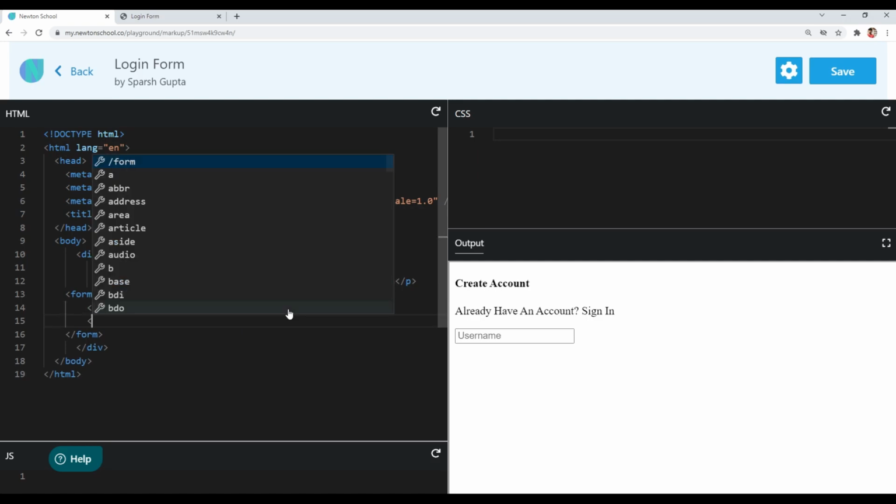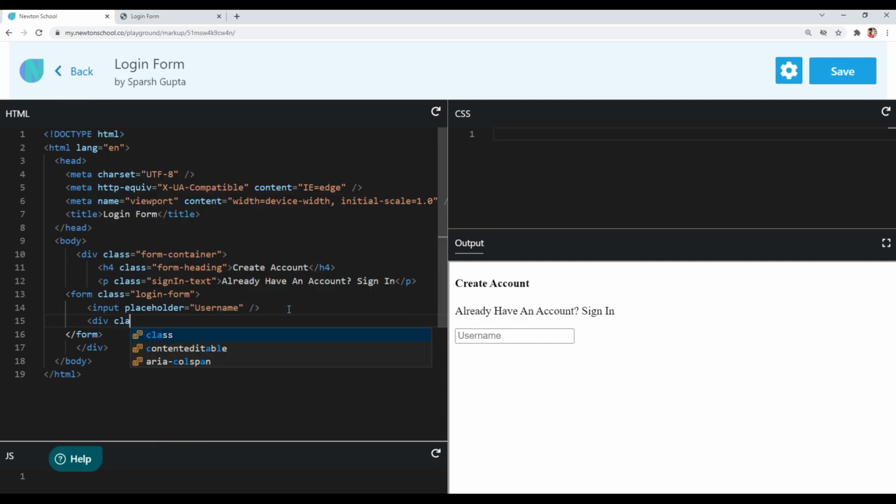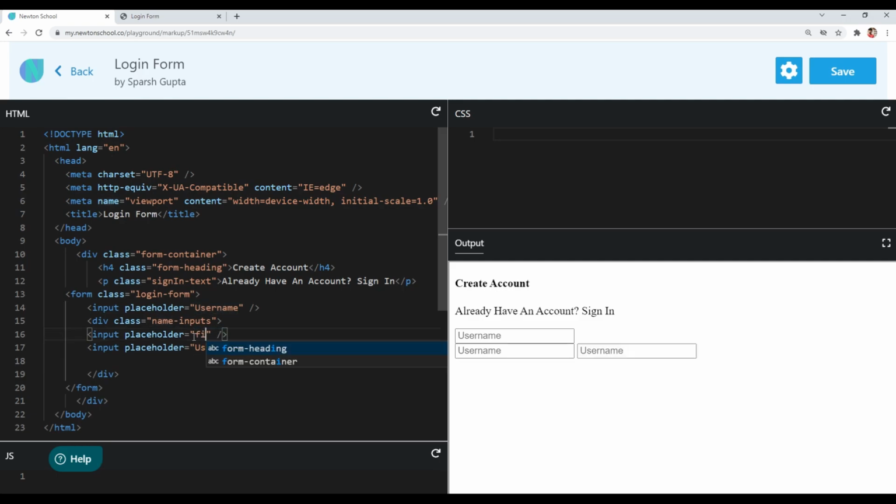I will create a div to group them and give it a class of name inputs, and in this name inputs I will include the first name and last name.